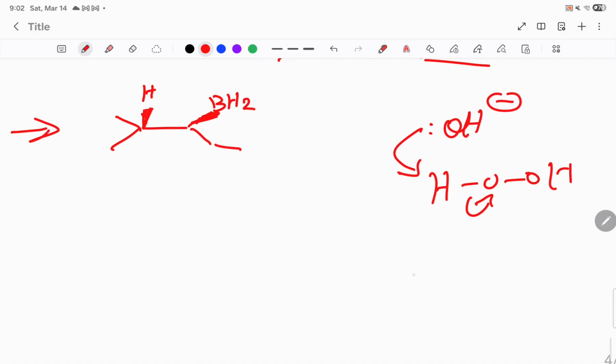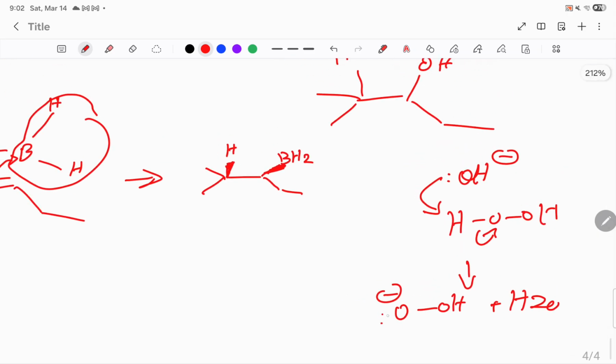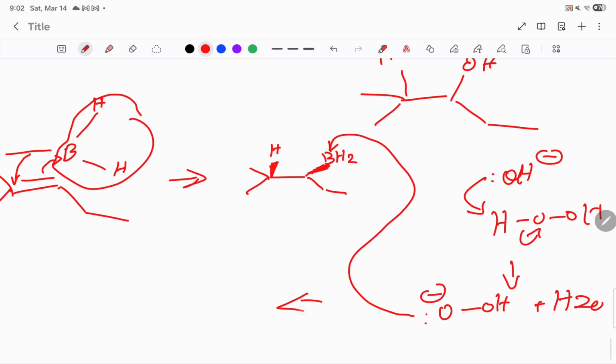And now we will have, from this, water produced and an activated OH minus here. Beautiful. And so now what this is going to do is attach itself to our borane, and that is going to form this